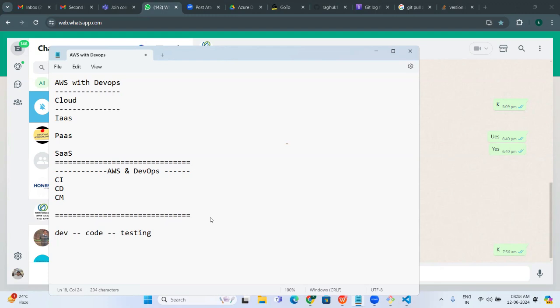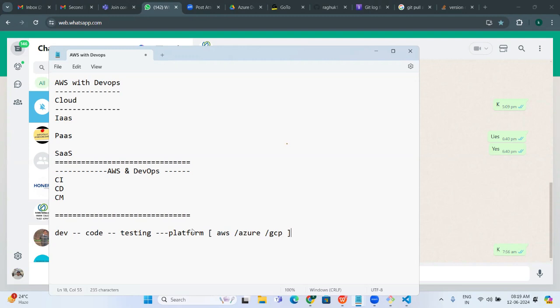Once testing is done, we require a platform to deploy that. This platform we get from AWS or Azure or GCP. With the help of these clouds, we can build infrastructure with code, in no time. In a span of minutes, you can build the entire infrastructure.